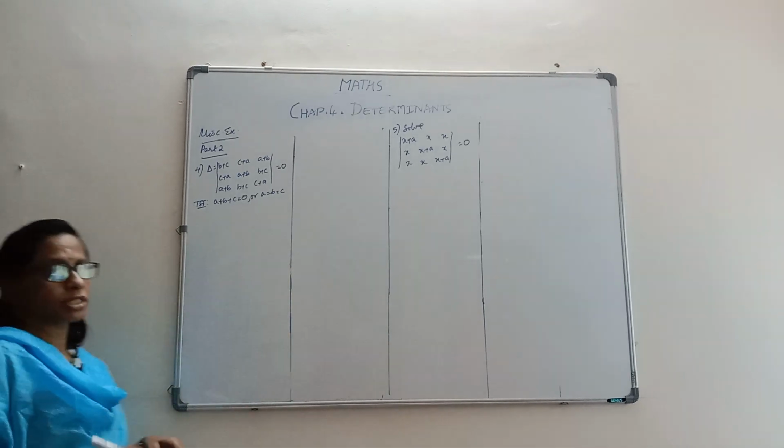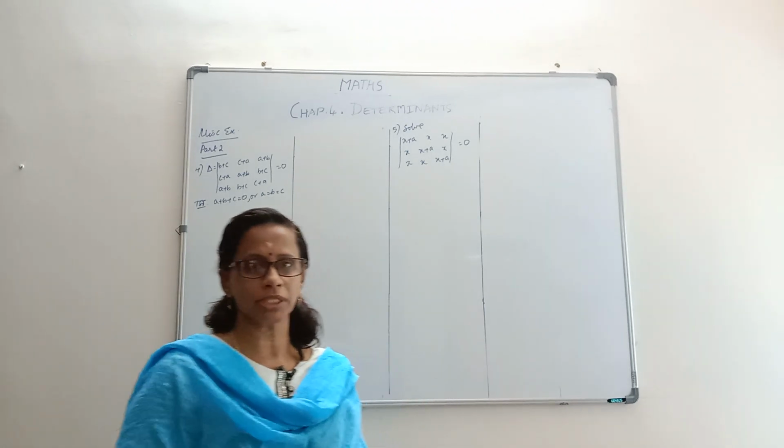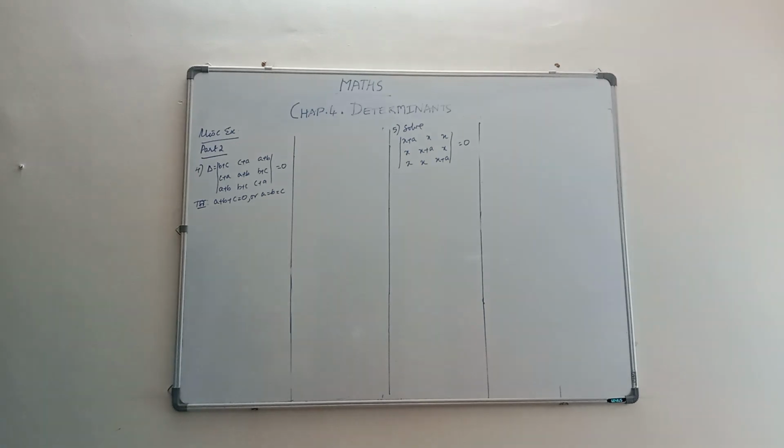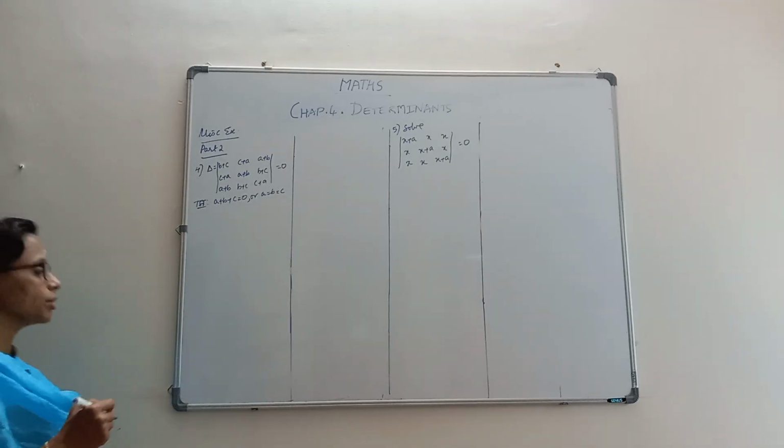Hello folks, we come to the miscellaneous exercise part 2 video, and we have certain things to show and we'll be seeing how we can do it. The first question, they give us a determinant. They say that this determinant equals 0. If that is the case, you should be able to find that a plus b plus c is 0 and a equals b equals c. So let's see how we can do it right away.